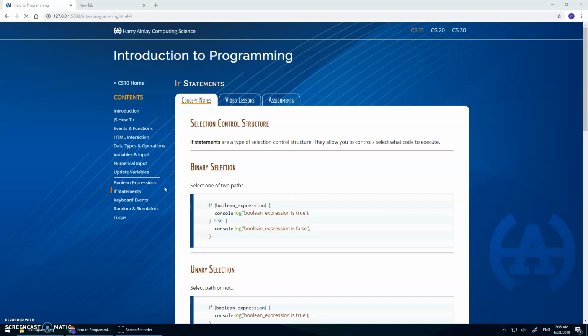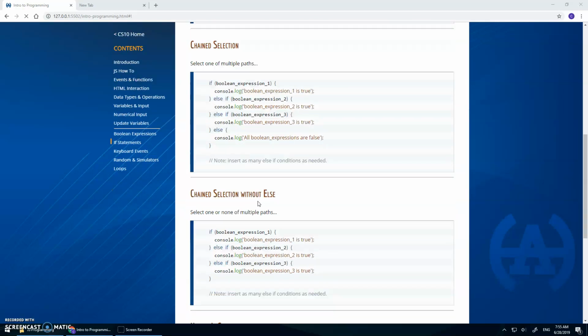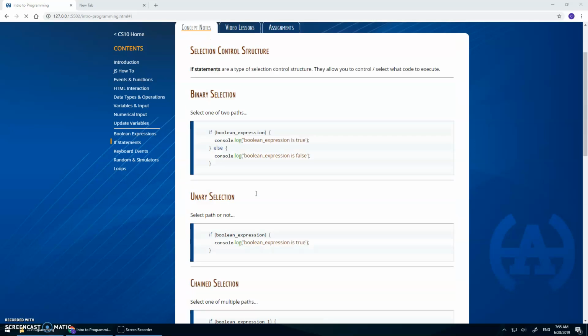Okay, so we've learned about Boolean expressions that evaluate to true or false, and we're going to use those in if statements. If statements can be thought of as a selection control structure, right? It allows us to control or select what code to execute. So there's a couple of different types of structures we can do: binary, unary, chain without an else, which just